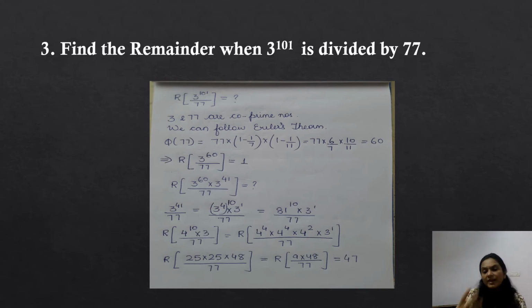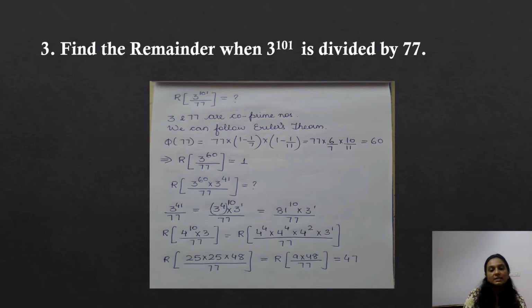Now there are various ways as to how you can find the remainder. Here we may not be able to use those ways, so we are just using a manual method. What shall we do? We can try representing your numerator, with the divisor being 77, as a number closer to 77. 3 power 4 is 81, which is closer to 77. That is why we have broken the number as 3 power 4 into 10 into 3 power 1, which is 81 power 10 into 3 power 1 divided by 77.